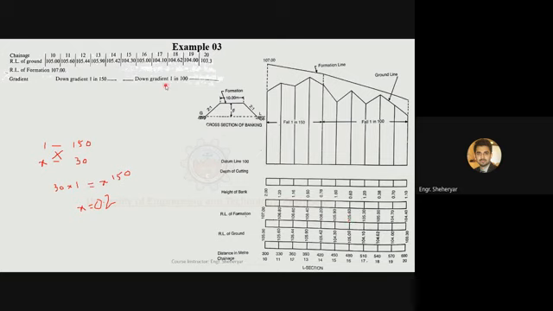अब यहाँ से ऑनवर्ड जो है स्लोप चेंज हो गया है। दिस इज नाउ डाउनवर्ड ग्रेडियंट 1 in 100। सो सिंपली आप क्या करेंगे कि यहाँ 150 की बजाय 100 कर लेंगे। अब इस बेस पे x की वैल्यू चेक करें क्या आती है। आपके पास 1 मीटर ड्रॉप हो रहा है 100 मीटर्स के बाद, तो x मीटर ड्रॉप होगा 30 मीटर्स के बाद। क्रॉस मल्टीप्लाई करें क्या आता है इससे और x की वैल्यू कैलकुलेट करें।